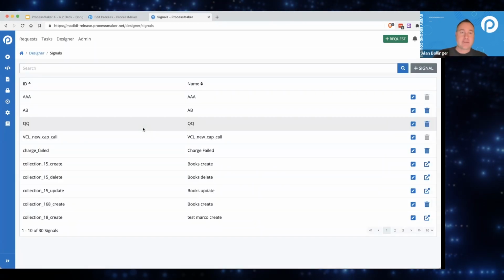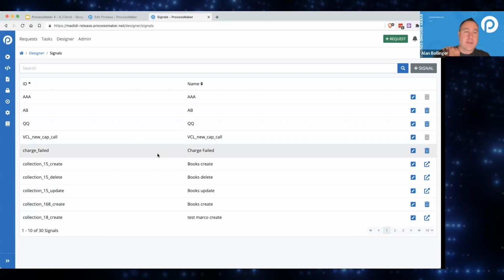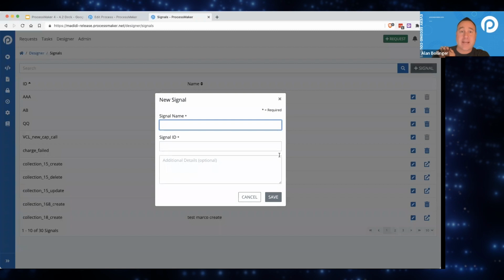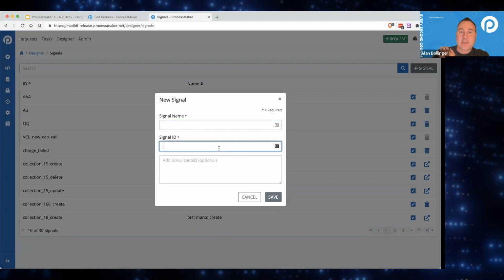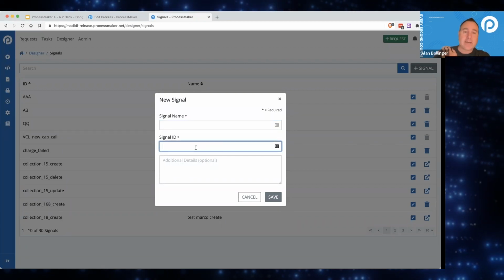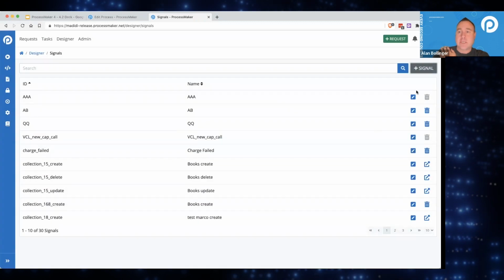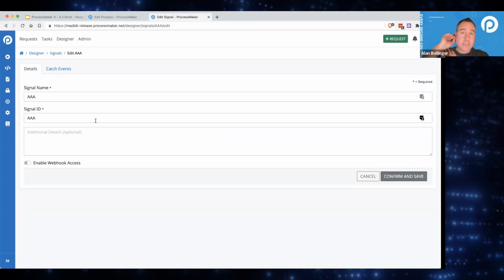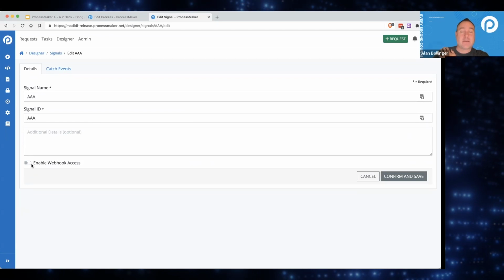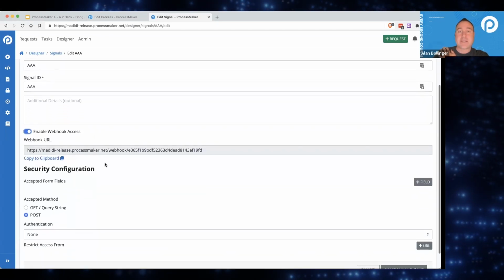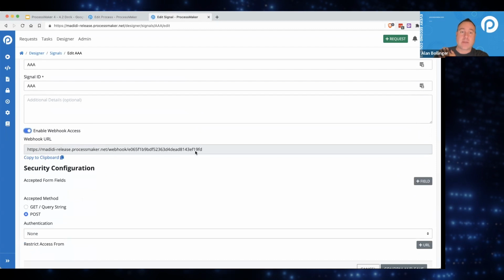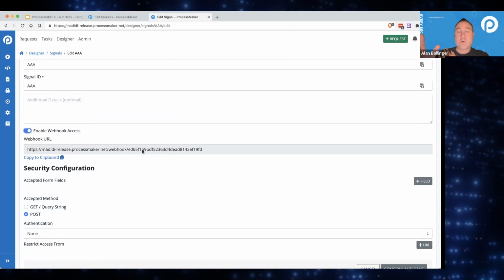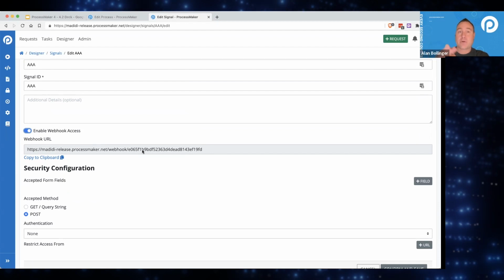And again, this is something baked into the old system as well as the newest one. So in here, you just go ahead and click add a signal, give it a name, give it a variable name, and then you're ready to go. Once you do that, your signal will be available to subscribe to wherever you want. And then subsequently, you can also access that signal from external to ProcessMaker. If you wanted to say, throw an event from your own website or your own integration or your own server software,